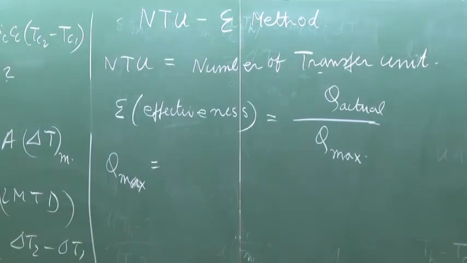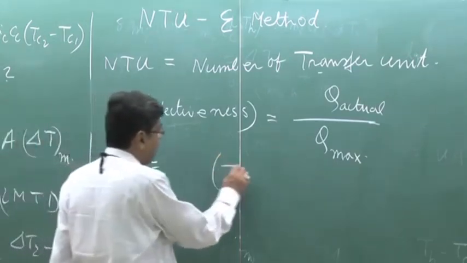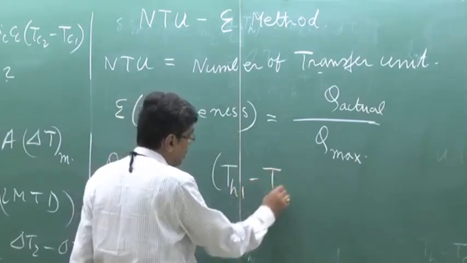What is the maximum change? That is TH1 minus TC1. That means, let us consider the counter flow. I will tell the maximum heat exchange will be possible when the cold fluid attains the inlet temperature of the hot fluid. That is the maximum temperature available in the exchanger. Or, the other way, the hot fluid will be cooled to the inlet temperature of the cold fluid, which is the minimum temperature of the heat exchanger, which means that Qmax will be associated with the maximum temperature difference TH1 minus